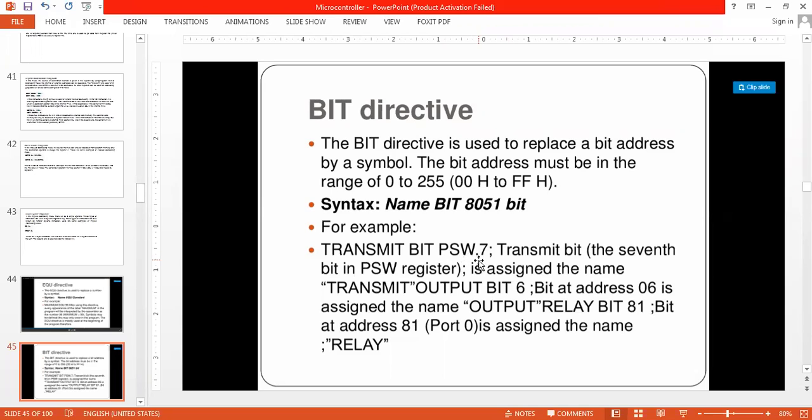Not only PSW, whatever the ports are there, P0, P1, P2, P3, all those are bit addressable. Not only these, in the special function registers, all those registers are bit addressable.